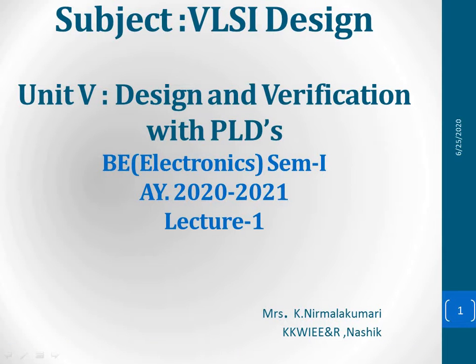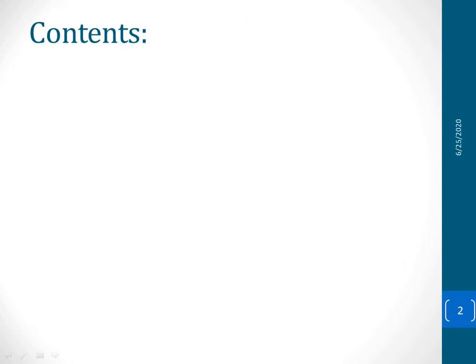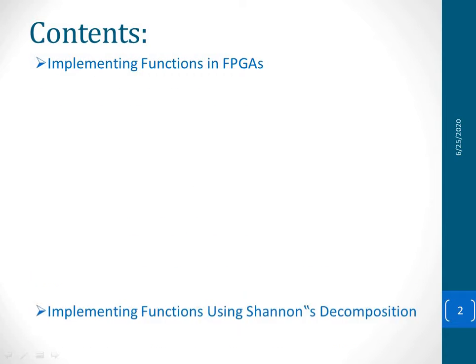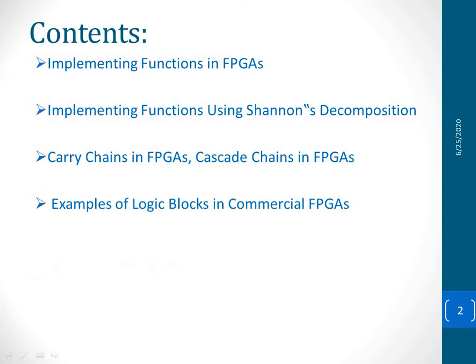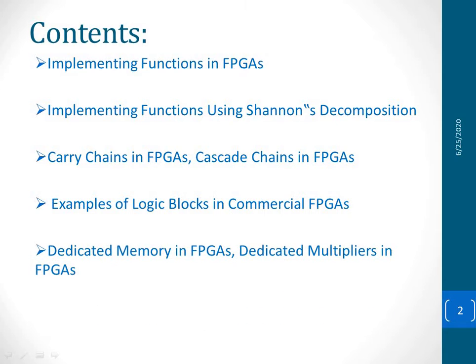We are looking at unit 5, that is design and verification with PLDs. The contents of this chapter are implementing functions in FPGAs, implementing functions using Shannon's decomposition, carry chains in FPGAs, cascade chains in FPGAs, examples of logic blocks in commercial FPGAs, dedicated memory in FPGAs, dedicated multipliers in FPGAs, JTAG, boundary